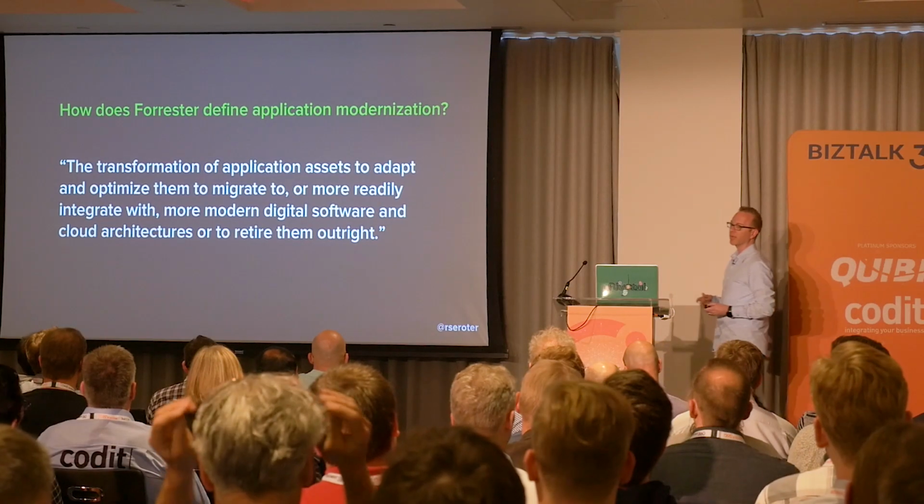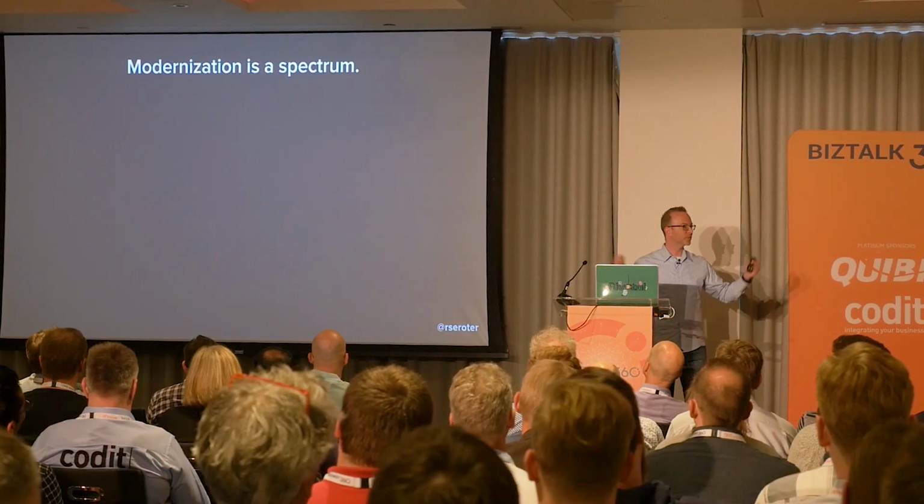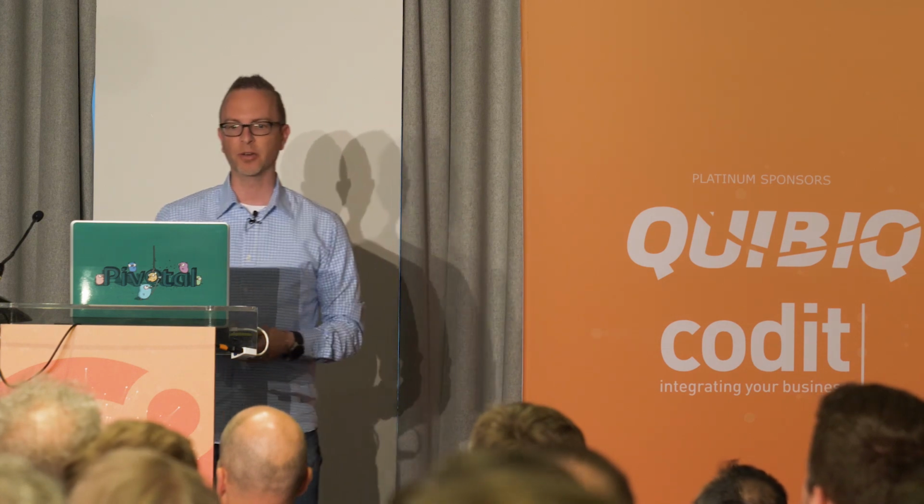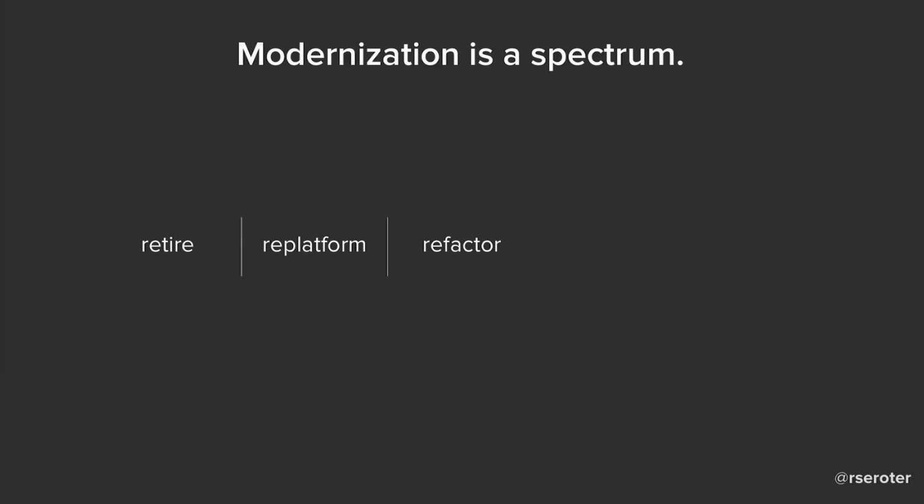But let's talk about the spectrum though, because, and this was touched on a little bit yesterday in the H&M talk, not everything needs to get the full experience. So you are going to retire some things. You're going to replatform some things, which typically means just moving it from this kind of host to this kind of host. You'll refactor, which wasn't the one included yesterday, but this is an important one because sometimes you can do a bare minimum of changes to get something somewhere else, and you don't have to overinvest. Sometimes you do rebuild. So for some of us, that's a default mode. We should stop doing that. But sometimes rebuild's a good call. And then sometimes the best thing you can do is replace it with a SaaS version.